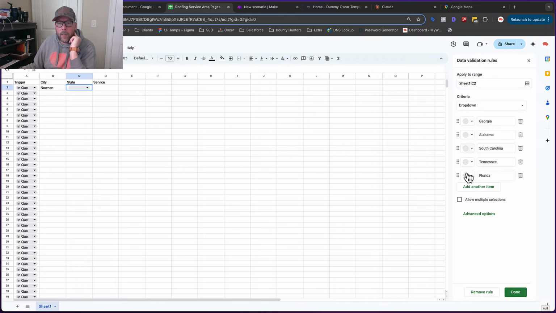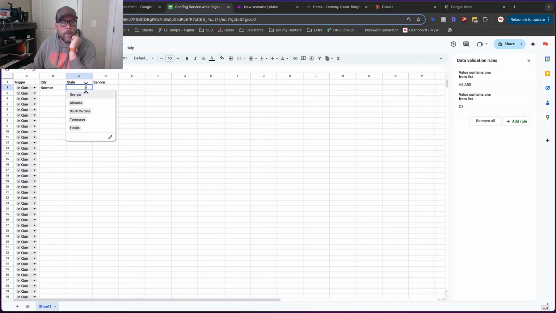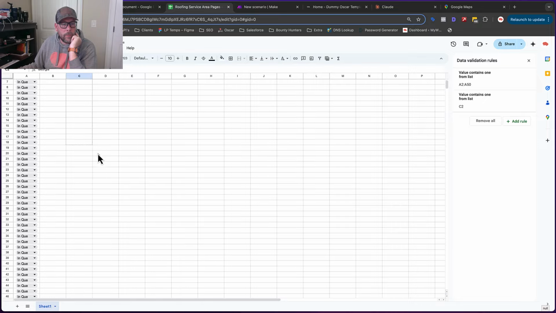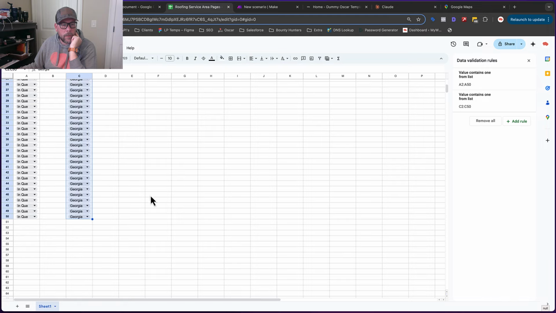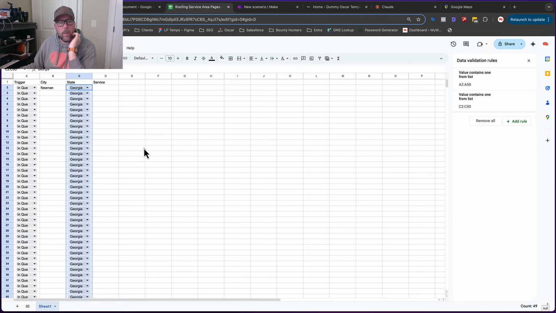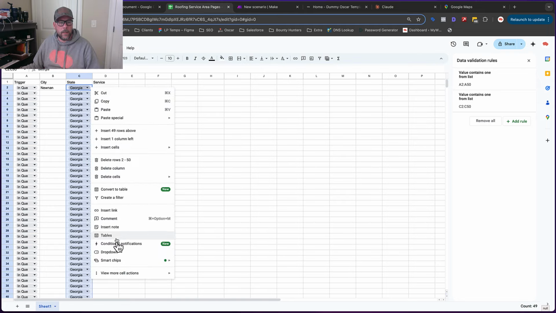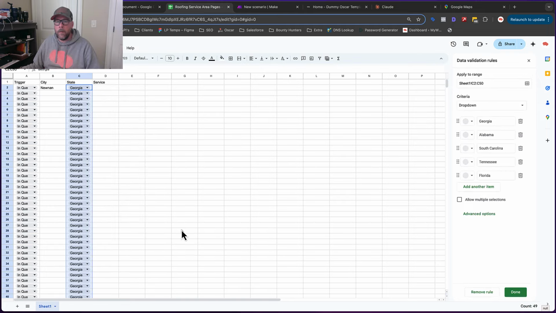So you can give it colors or whatnot, and it is what it is. So I'm going to keep that. We're going to make sure Georgia's right there. I'm going to drag this little blue button down here. We're going to make sure this is all Georgia, because I don't want this misspelled. And under here, we can change this to GA,